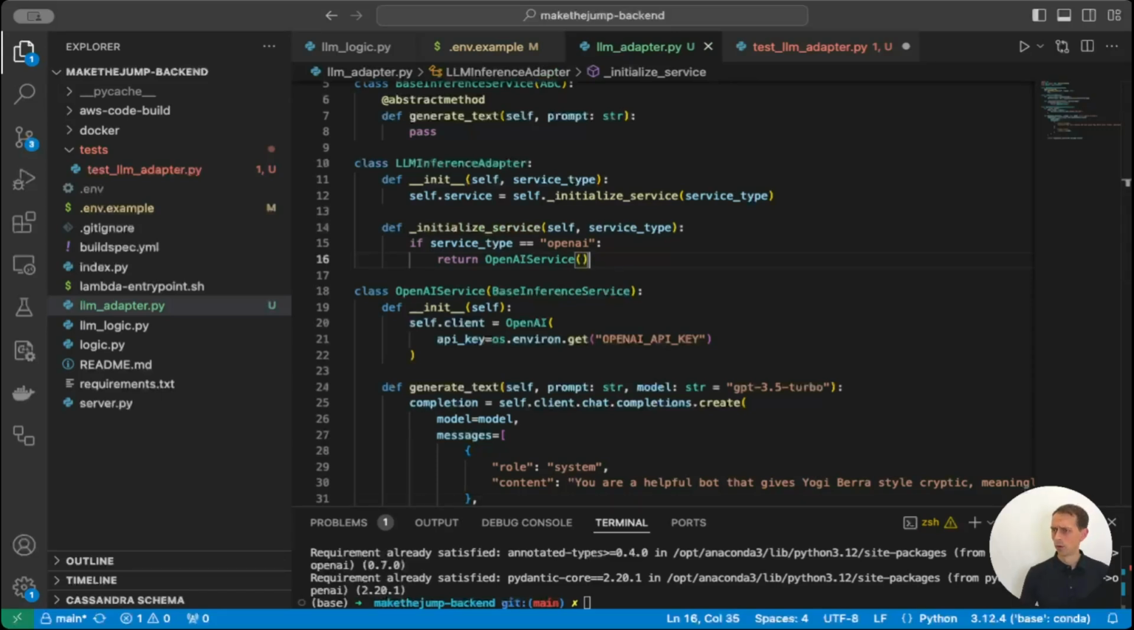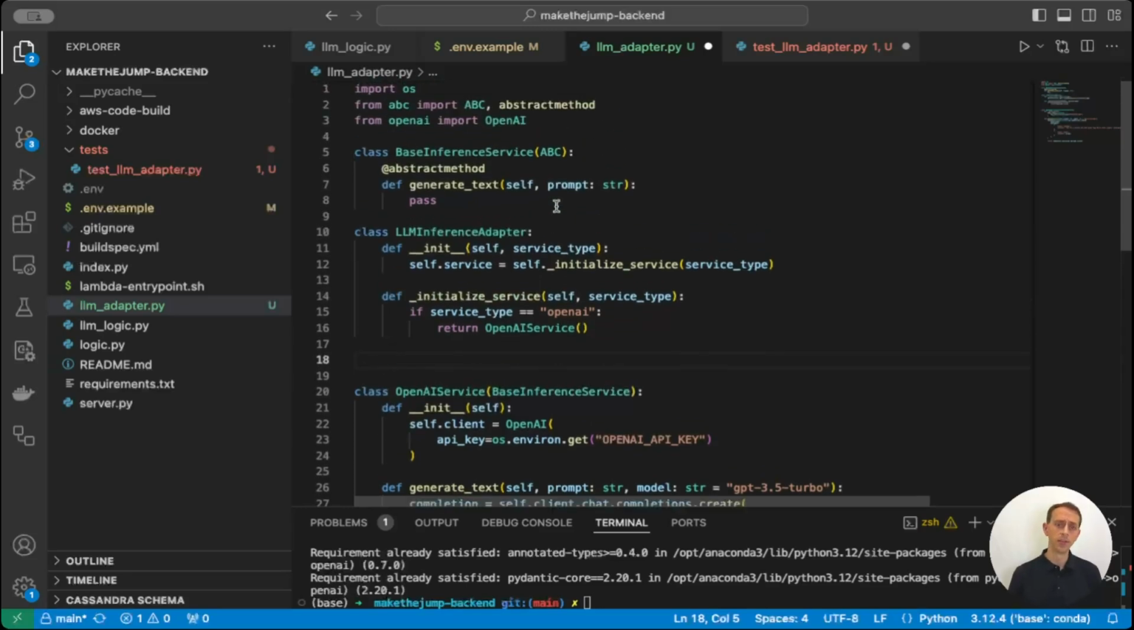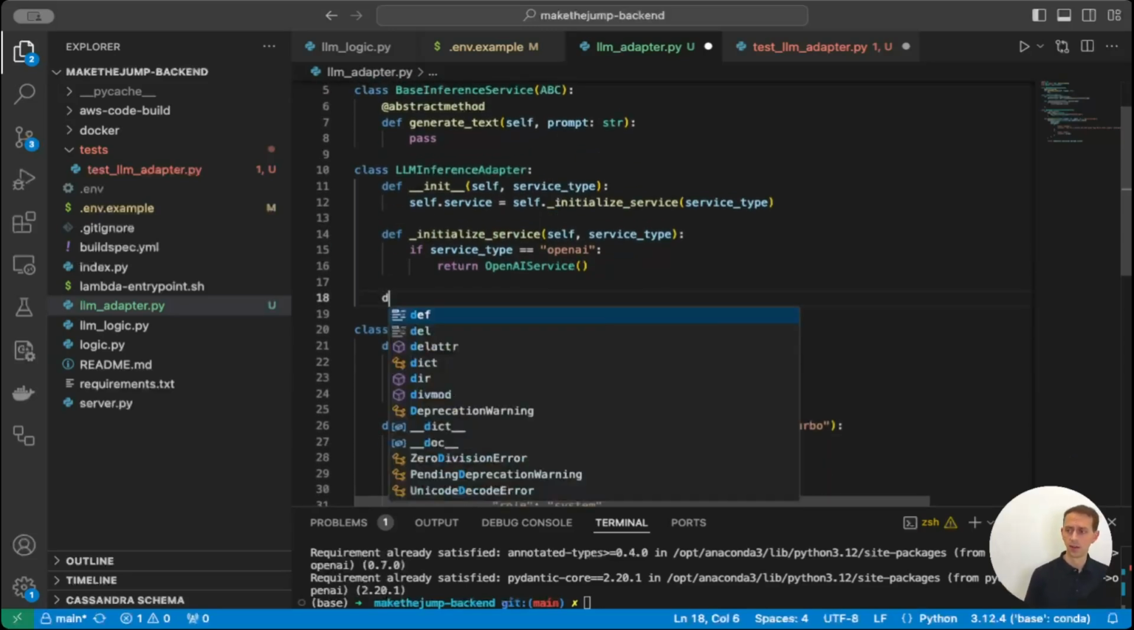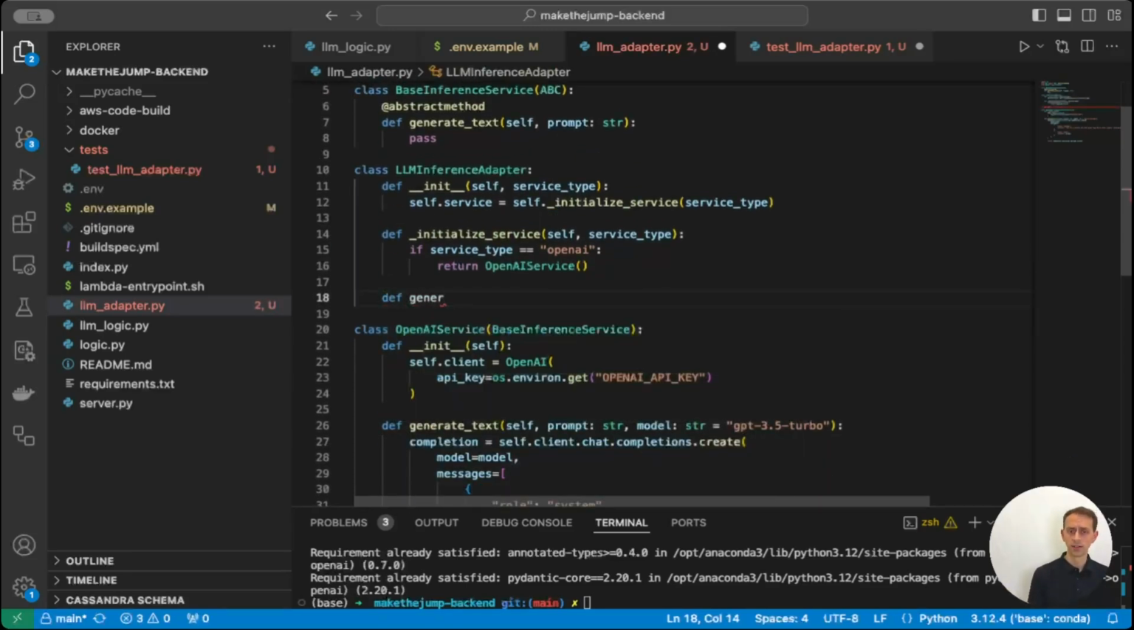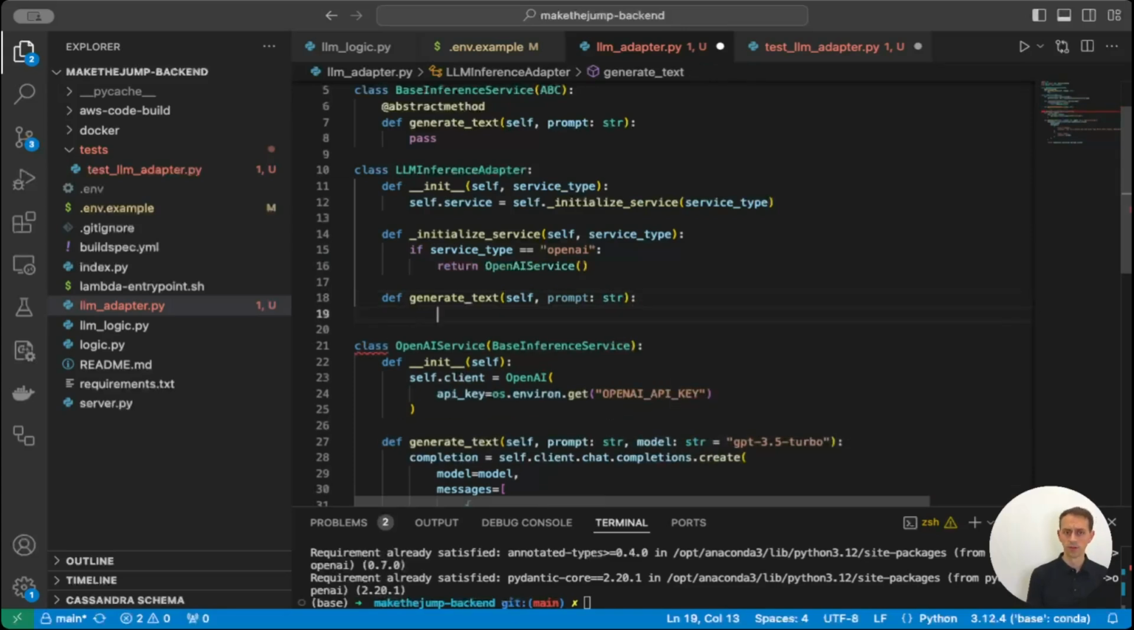And then we're going to give it a generate text method. What this means is, you'll see here we're setting a self.service. This could be any of the types that we define later. So we'll say def generate text, self, prompt, just like we had before. This is one that needs to conform to that. And then we're going to return